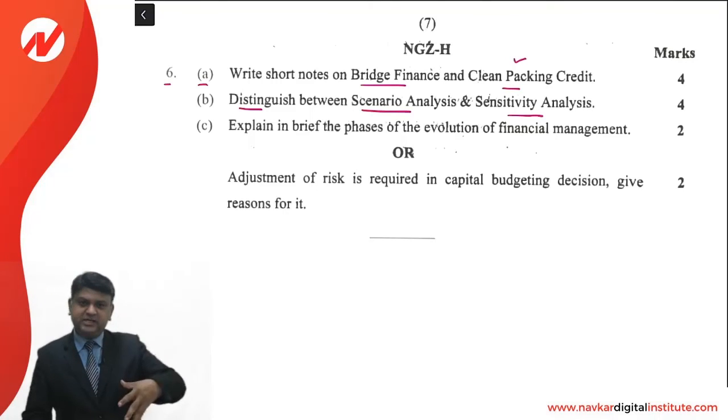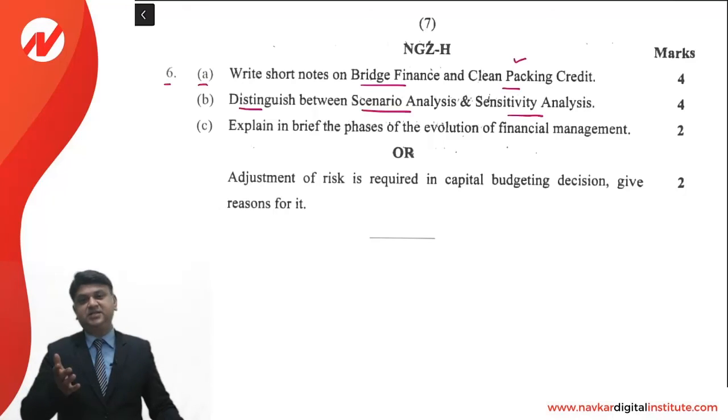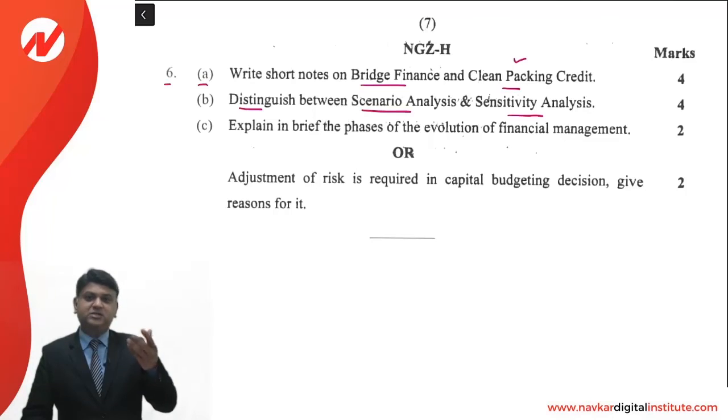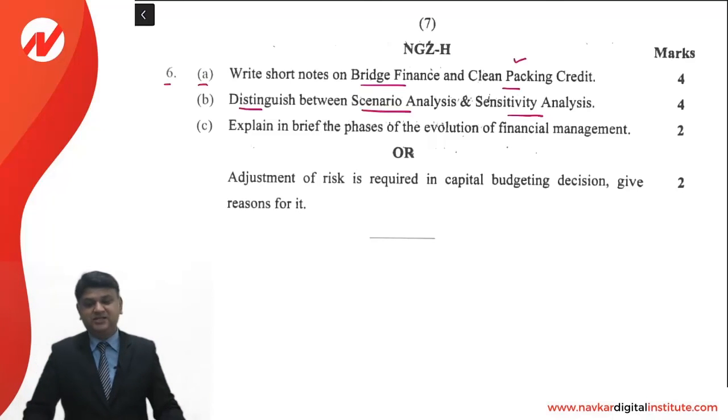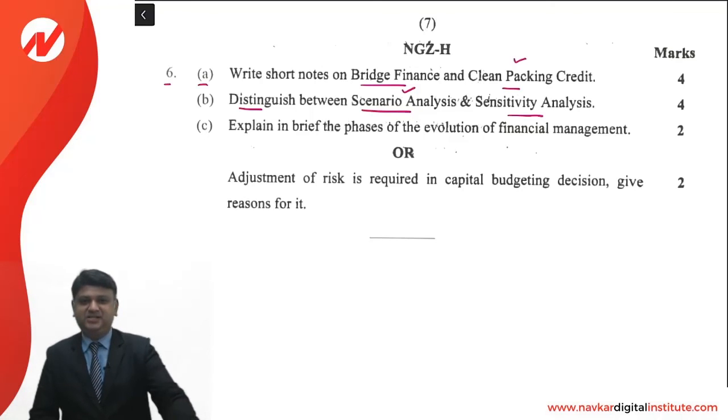If you reduce the selling price, then there are fair chances that the sales quantity will increase. If you increase the variable cost for improving the product, then there are fair chances that you will be able to increase the selling price and or you will be able to have more sales quantity. You incur more advertisement expenses, the sales quantity is likely to increase, and so on. So taking all the changes together, we are required to make the NPV calculation. That is what we understand in scenario analysis.